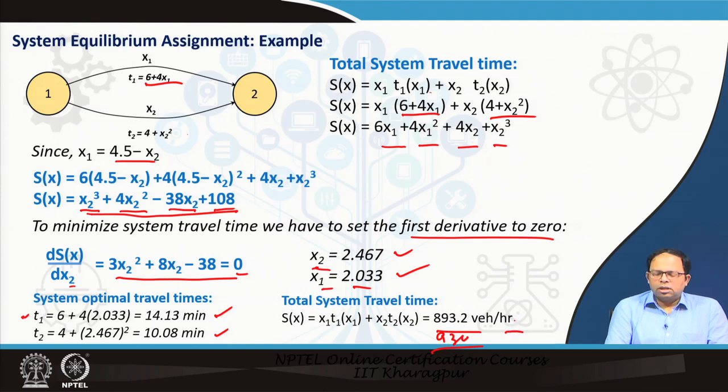So, if I go for system equilibrium, obviously this is the minimum cost that is achievable over the system, but it also means that not all people would be using the shortest route. Some people are using a longer route, so that the overall system is more stable, and the overall system cost is least. So, this is system equilibrium, which is a little bit different from usual equilibrium. But again, our transport planners will focus on reducing the overall cost of the system. So, probably for them this is the method that they can employ.